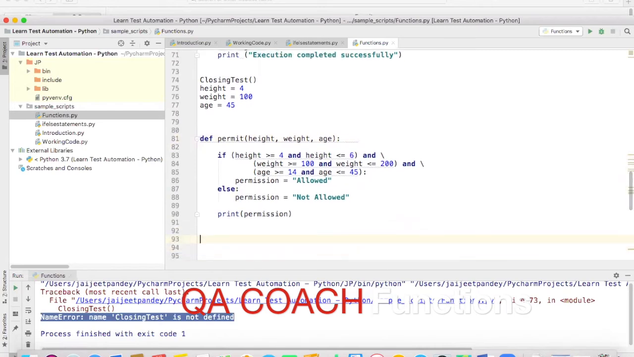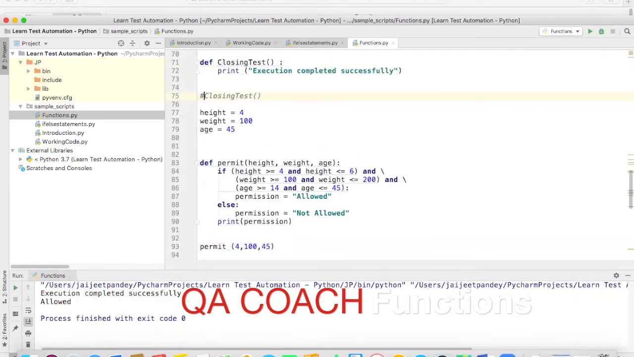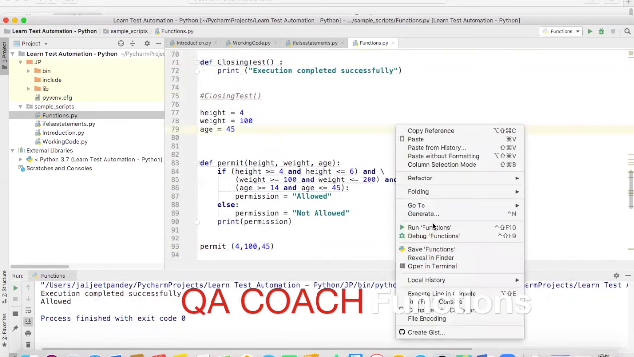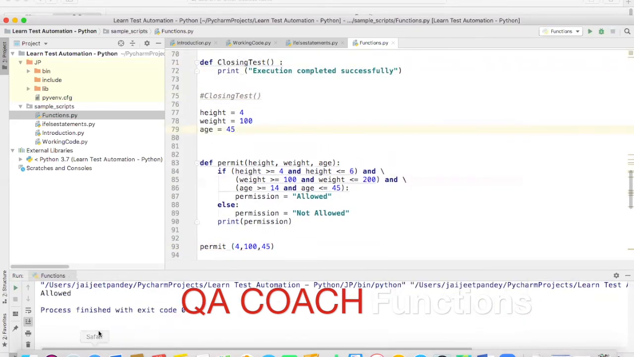let me call the function. And function name is permit, and height is 4, weight I'm passing 100, and age I'm passing 45. And let me execute this script. Print, right click, run. So you can see